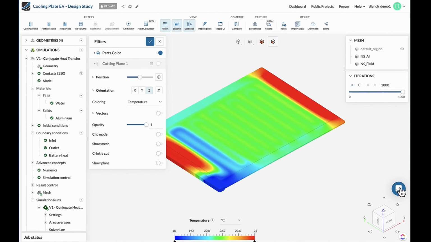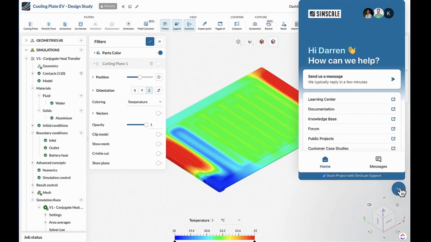A lot of people really appreciate the SimScale support. You will see that on many of our reviews. And this is actually because it is live, it is real time. You can start a real conversation with our customer success team, who are pictured on the top right here. And this allows them and you to quickly come to an understanding and find the best way forward for you. Optionally, you can also share that project with us. It allows us to actually come in and see your project and tailor our advice based upon what we are seeing and how we are talking to you.